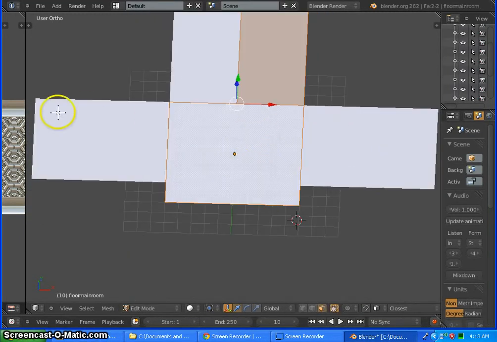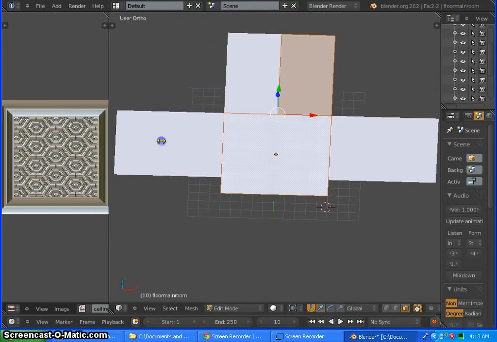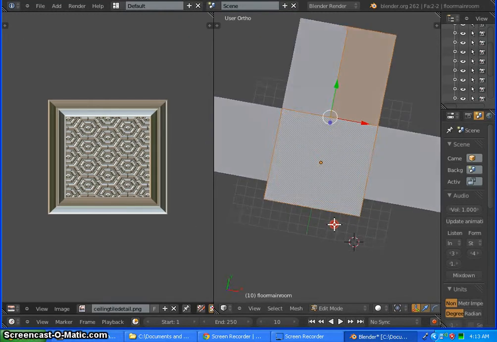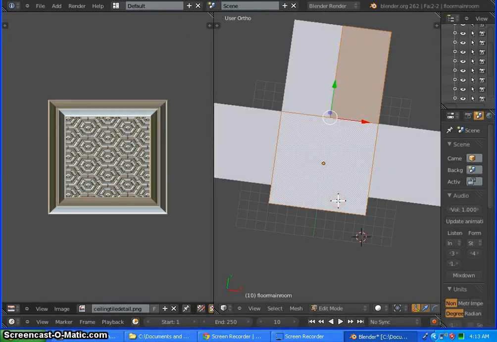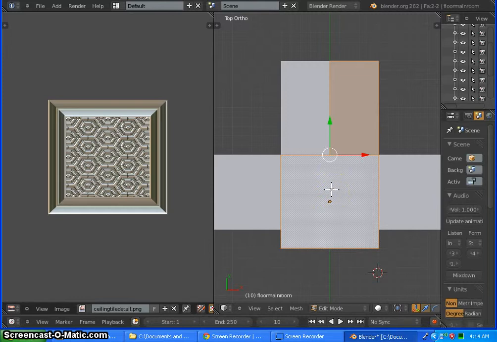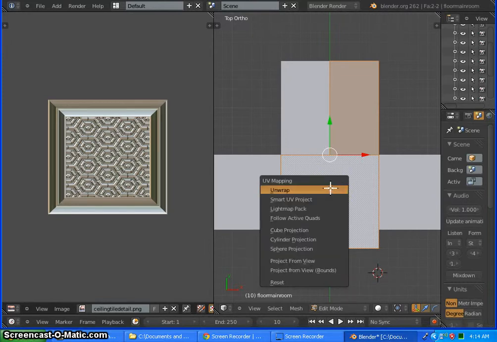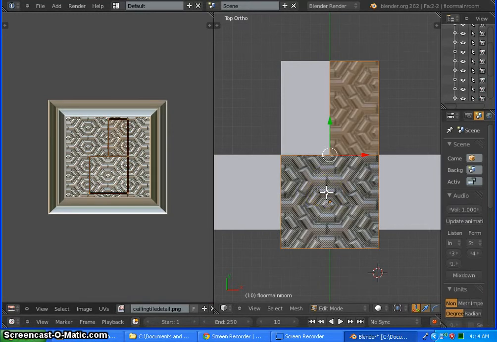Press Tab to get to edit mode, and 7 to get to the top view. And then U again to open up your UV mapping menu, and V to press unwrap by view. We want to close out of this image,